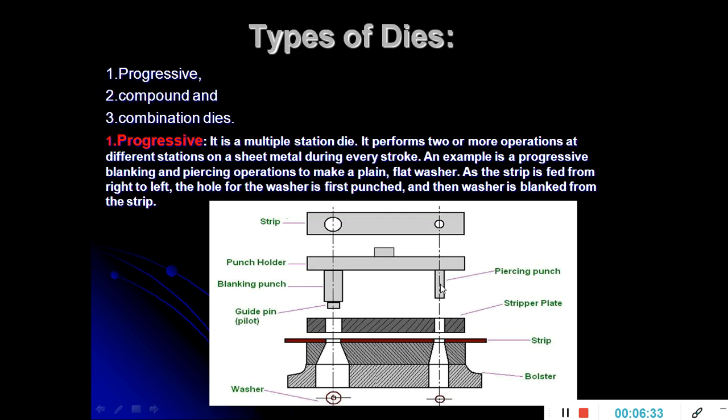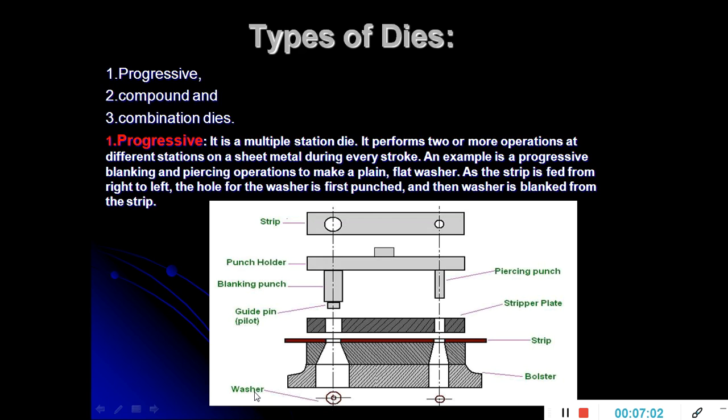So initially the small hole is going to be made on the sheet metal with the help of a piercing punch, and the removed part is a waste, and the hole is made in the sheet metal. Now that same sheet metal is transferred to this station number 2 or die holder number 2, in which the blanking operation is going to be done. The material is going to be cut here, and the removed part is the useful part in the blanking operation, and that removed part is nothing but the washer.